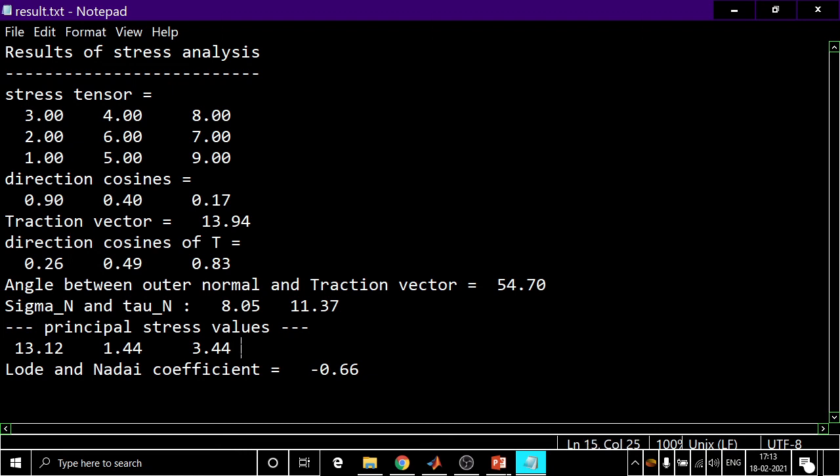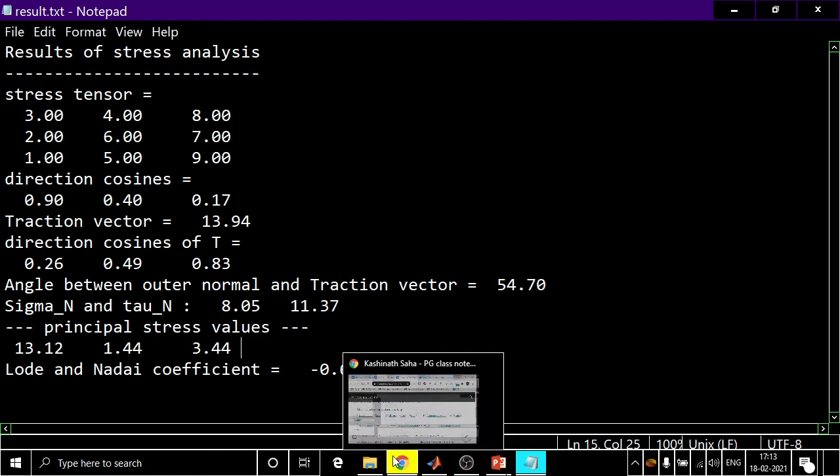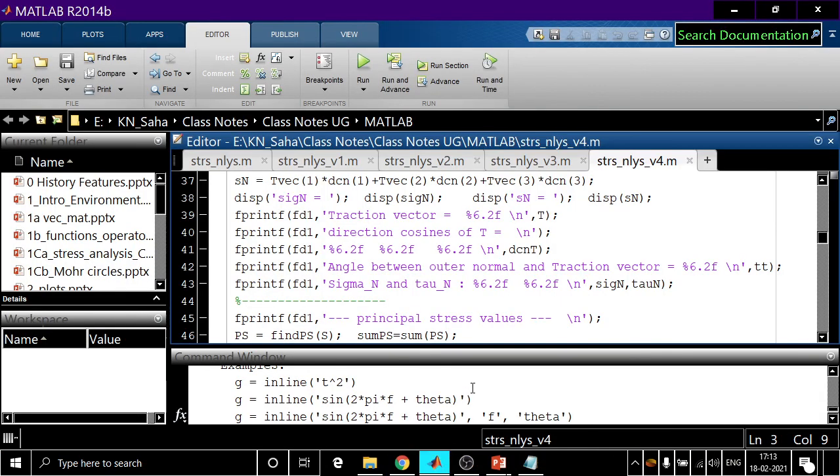And after the Mohr circle, actually the Mohr circle is not required, we calculated principal stresses also. To add them, this is 18, right? 3 plus 6 plus 9 is 18. This is also 18. You add them up. We have seen earlier also. And we have calculated the coefficient of Lode and Nadai. So this is the thing.